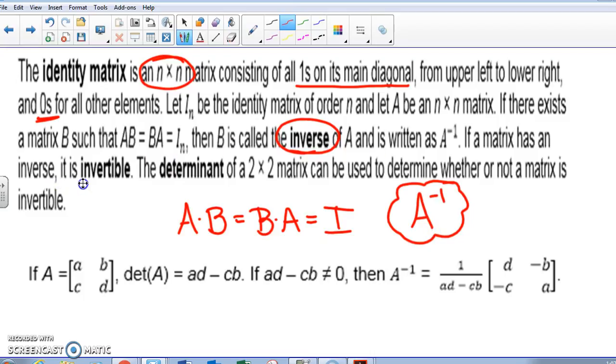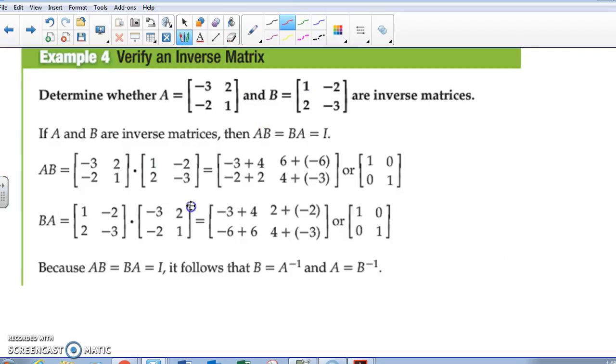All right, when a matrix has an inverse, it's called invertible. And we talked about determinants last week. The determinant is a single value found by taking the product of this diagonal minus the product of that diagonal. Remember that? Okay. As long as the determinant is not 0, your matrix will have an inverse. So it's a quick, easy test to find out if something has an inverse. But if it says show that something has an